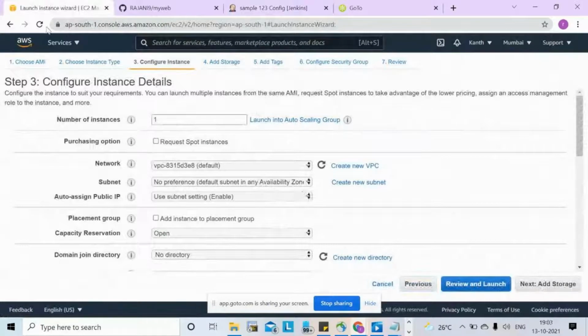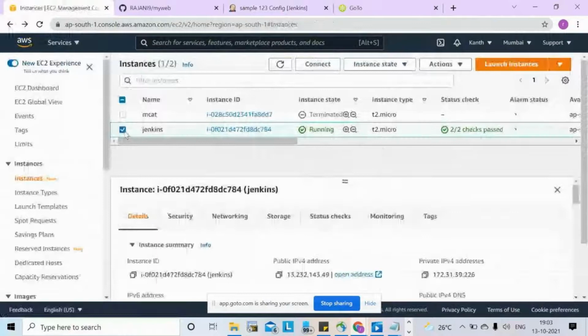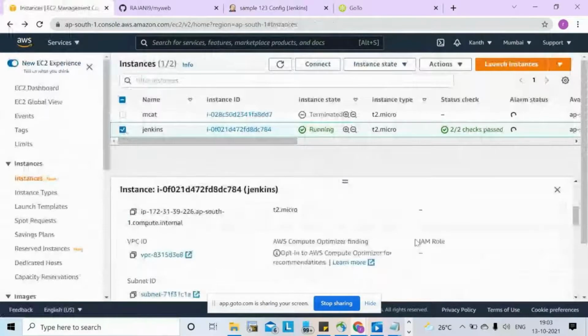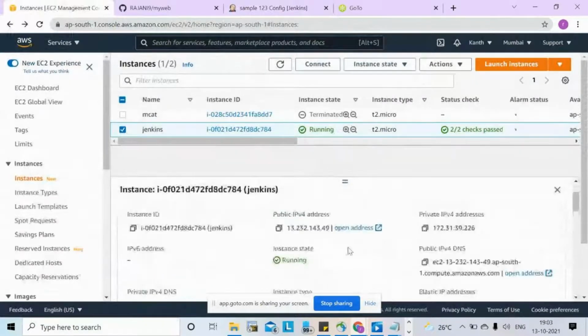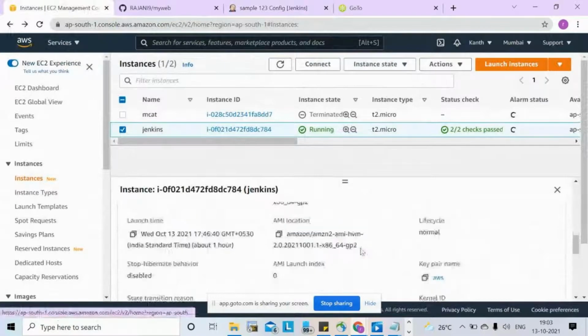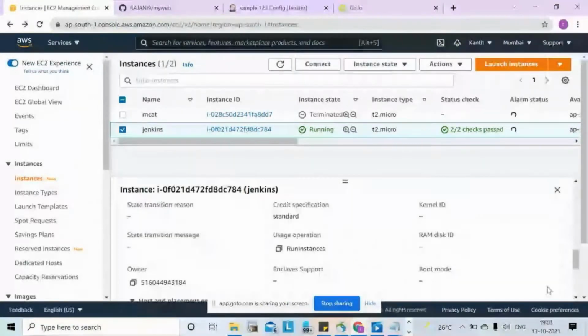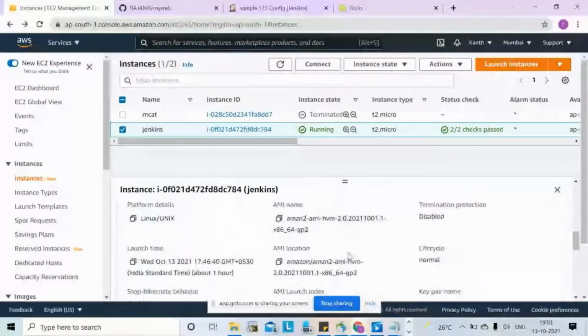I want to show you one thing. Whenever you install Tomcat, it needs to be installed in the same availability zone where Jenkins was created, because in a different availability zone these two instances will not communicate.